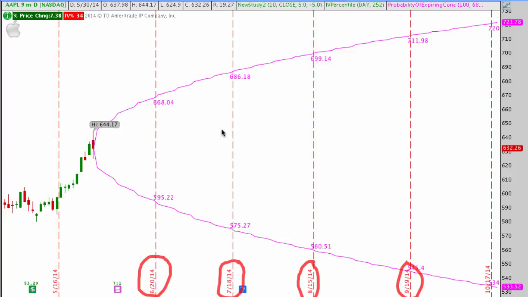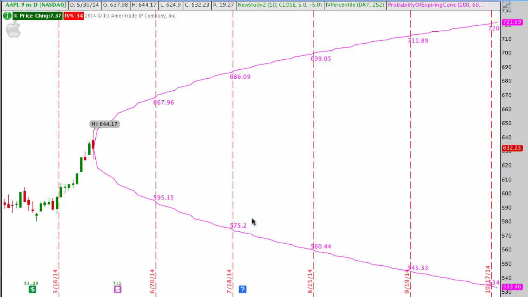Now, it's pretty obvious that that range is going to continue to expand on both the top side and the bottom side as we get further and further out into the future, because the stock has more time to move, right? Right now, we're about 21 days till expiration in June, but the stock has more time to move if we traded something in July. So we want to use those figures versus the June figures.